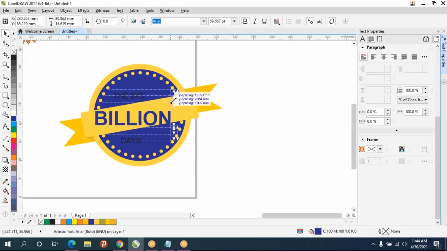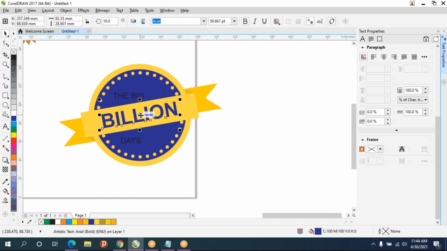I'll increase the size. Rotation value I'll give around 10. This also I'll place exactly to the center of this. For the same thing, this also give the color,